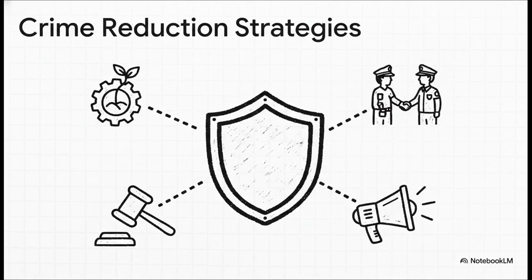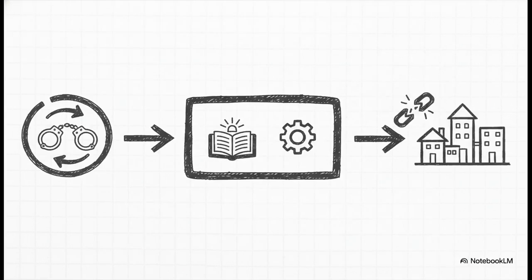So with all that in mind, how do we stop crime before it even starts? Well, society tries a mix of different strategies. You've got proactive things like community policing and awareness campaigns, deterrence like stricter penalties, and then long-term solutions that are all about reform. And that idea of reform is so important. Rehabilitation programs are designed to get at the root causes of why someone committed a crime in the first place. Maybe it's addiction, maybe it's a lack of job skills. The ultimate goal is to help them successfully rejoin society and hopefully break that cycle of crime for good.